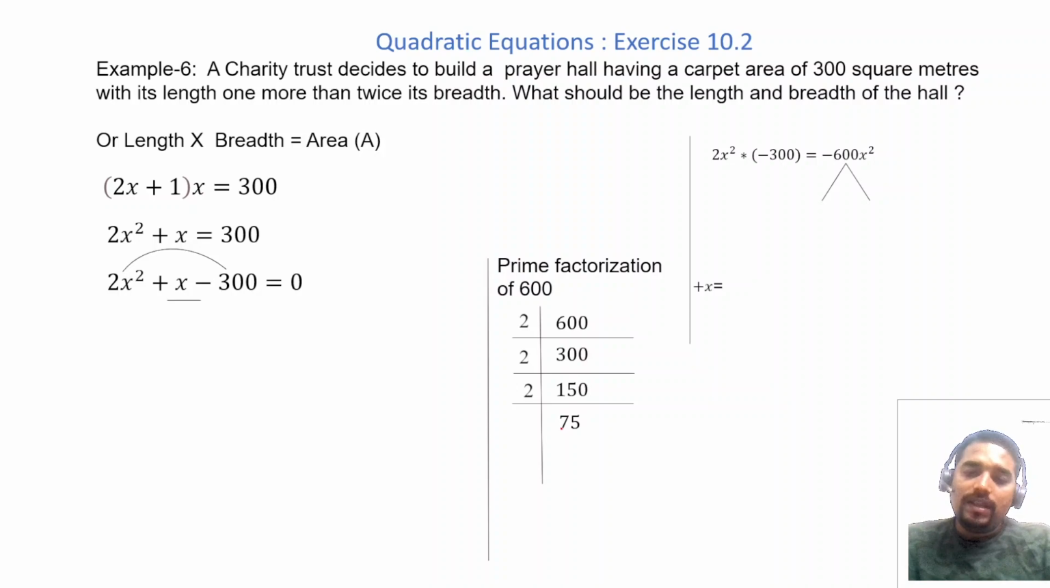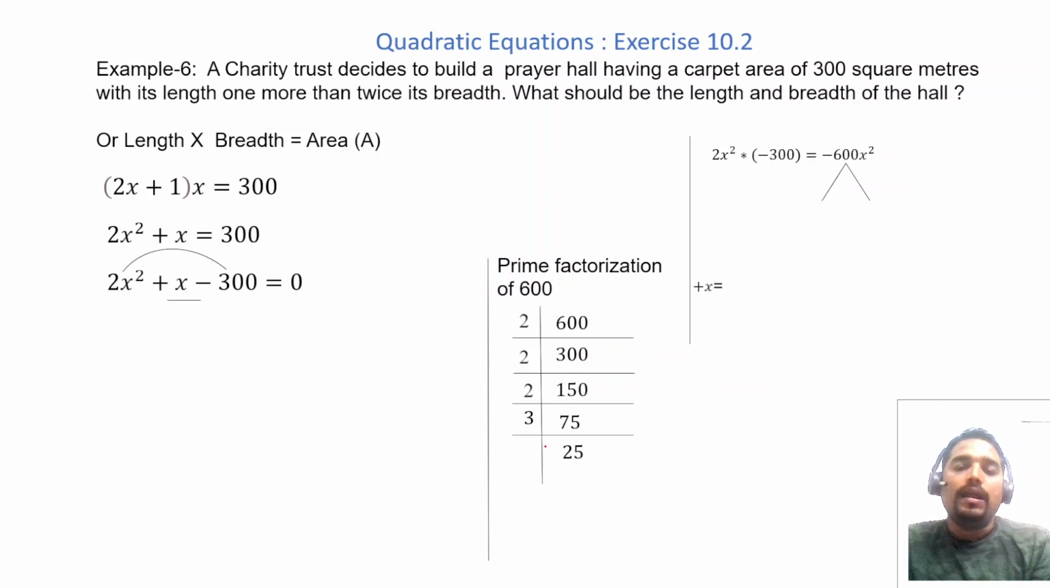To check divisibility by 3, add both the digits 7 and 5. So 7 plus 5 is 12. Since 12 can be divided by 3 completely, therefore 75 also can be divided by 3 completely. Let's divide by the prime number 3. If we divide 75 by 3, 3 twos are 6 and 3 fives are 15, that is 25 would be the